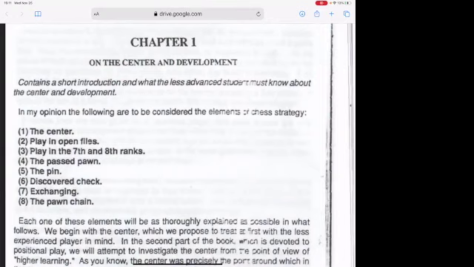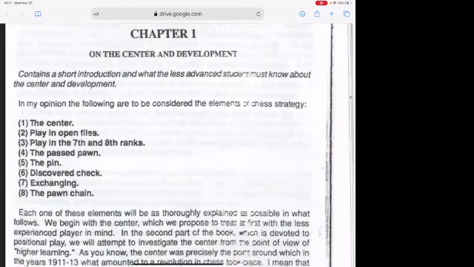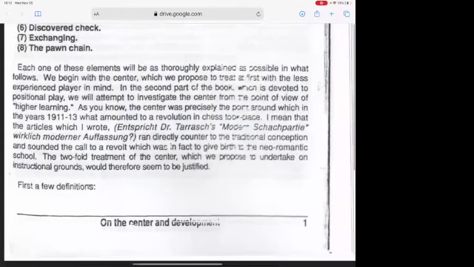Okay, so in my opinion, the following are to be considered the elements of chess strategy. One, the center. Two, play in open files. Three, play in the seventh and eighth ranks. Four, the passed pawn. Five, the pin. Six, discovered check. Seven, exchanging. Eight, the pawn chain. Each one of these elements will be as thoroughly explained as possible in what follows. We begin with the center, which we propose to treat at first with the less experienced player in mind. In the second part of the book, which is devoted to positional play, we will attempt to investigate the center